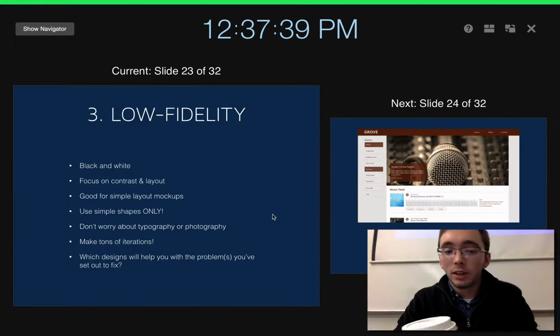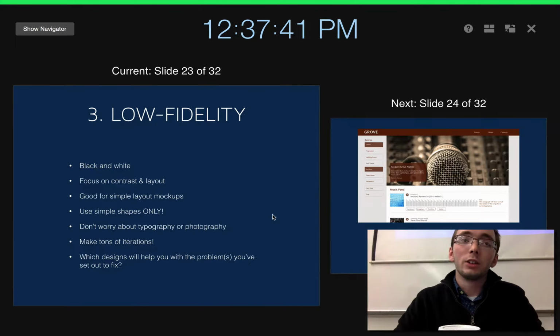So black and white and maybe gray, focus on your contrast and your layout. This is good for simple layout mockups. Don't get into anything too detailed, so keep the shapes really simple. Don't worry about your typography or photography. You can actually just use